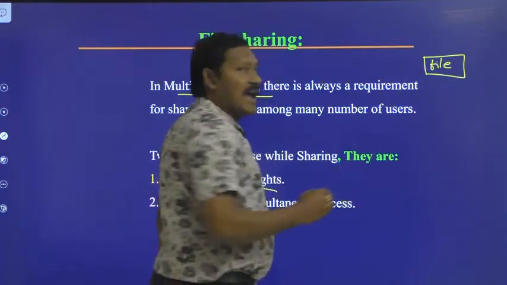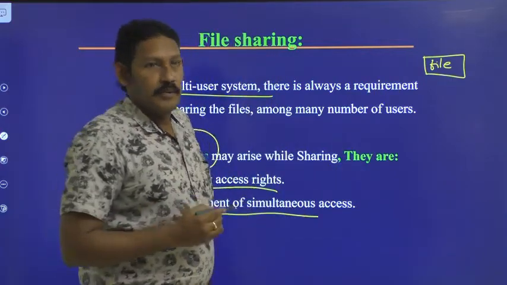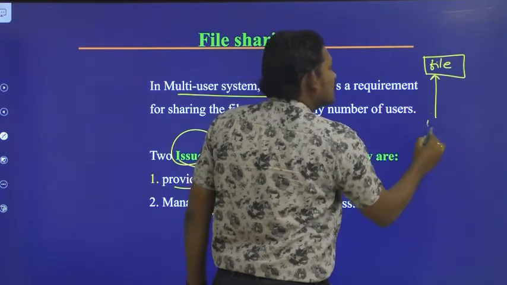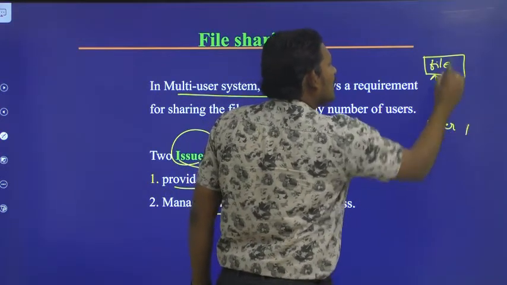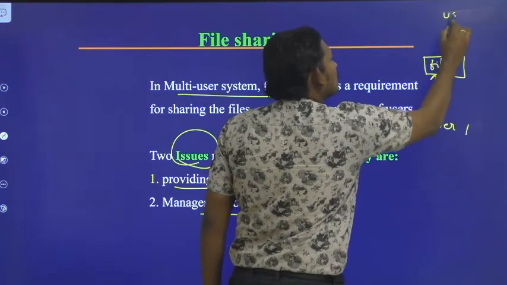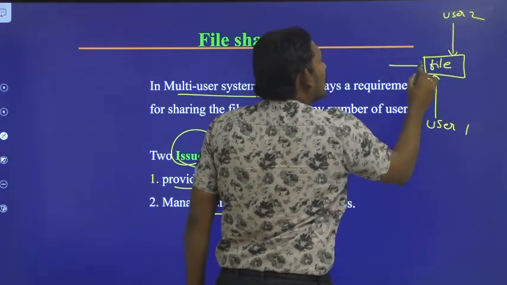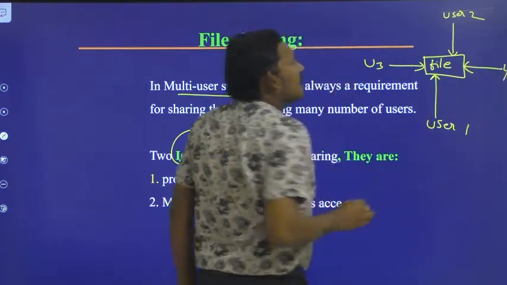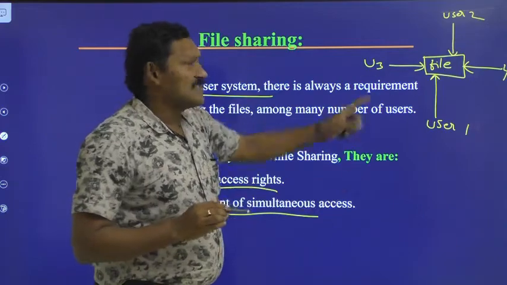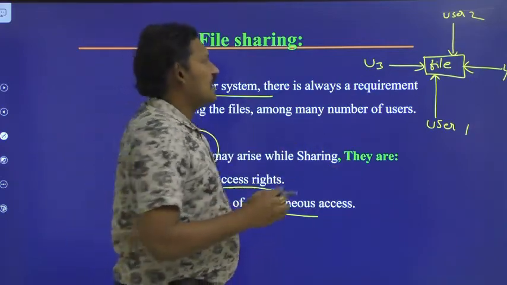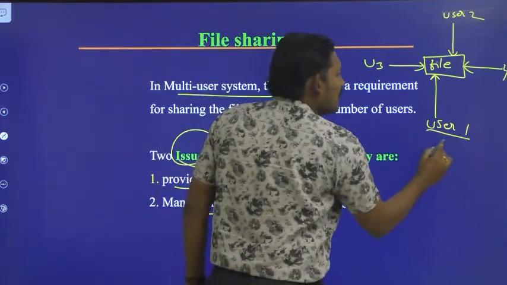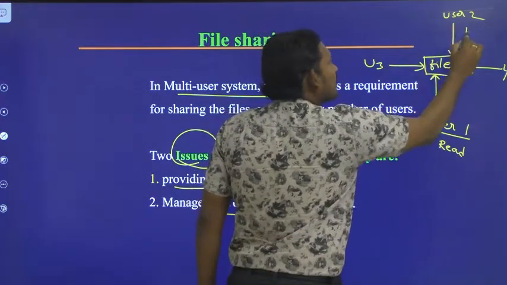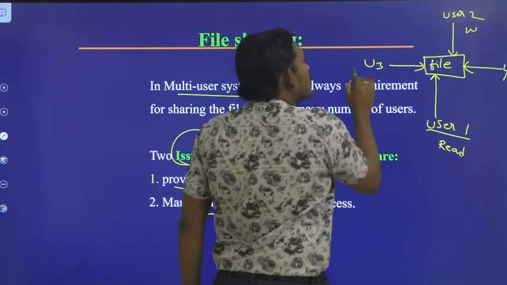The second one is managing simultaneous access. Suppose you are giving access to two or more people. Let us suppose this is user 1, this is user 2, user 3, user 4. If two or more users are accessing the same file simultaneously, suppose user 1 is performing a read operation, whereas user 2 is performing a write operation, and user 3 is also